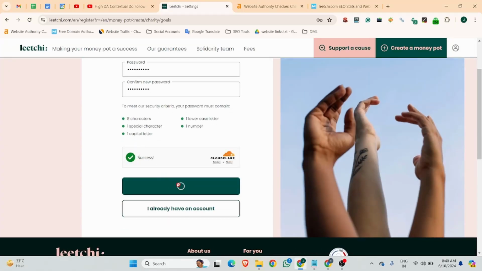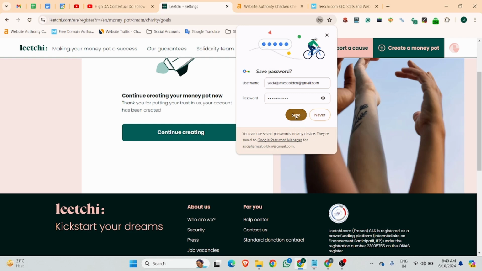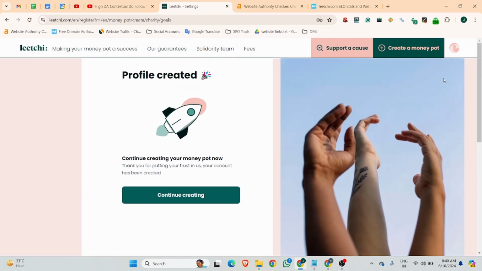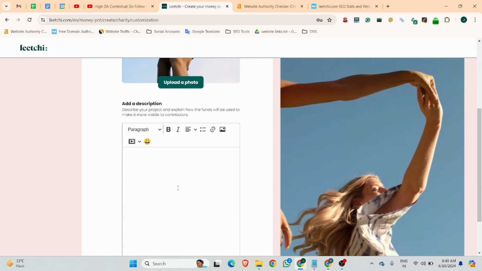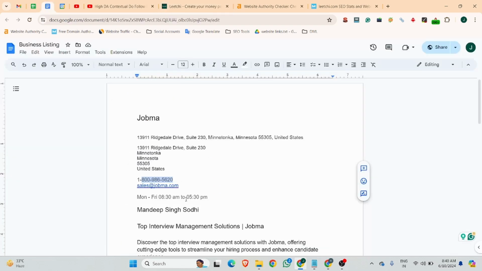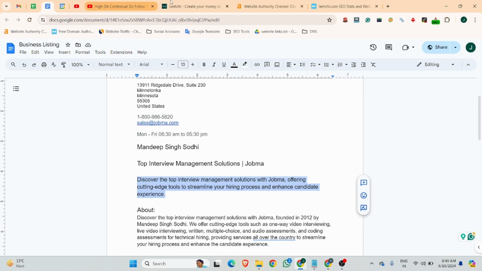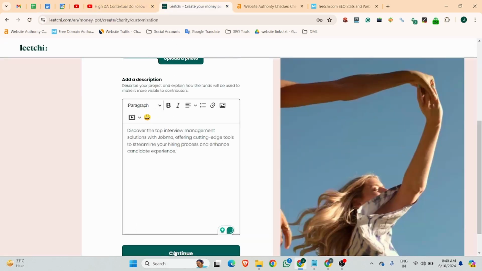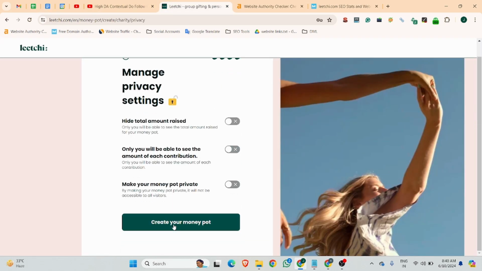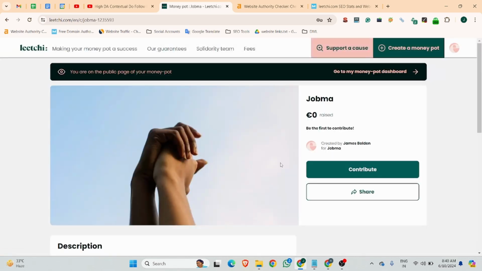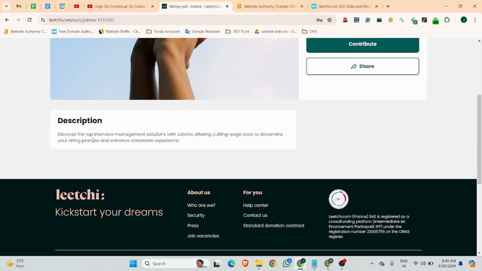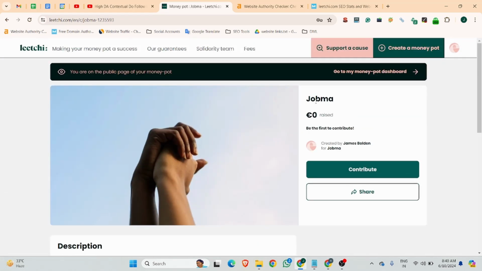And you can click the register button. After that we have created our profile. Then you can click profile creation, continue creating, set a target, set a deadline. You can ignore these things. There you can add about your company. So this is your money post, describe Jobma.